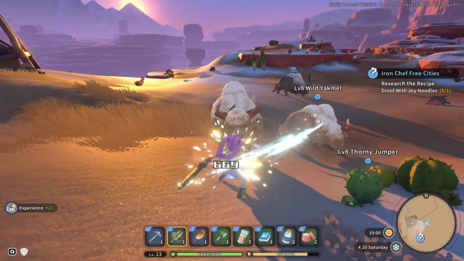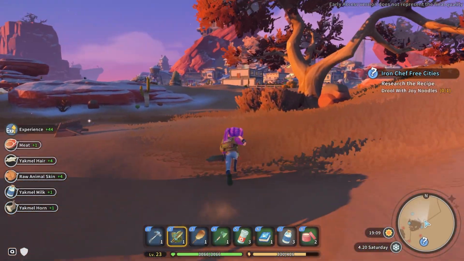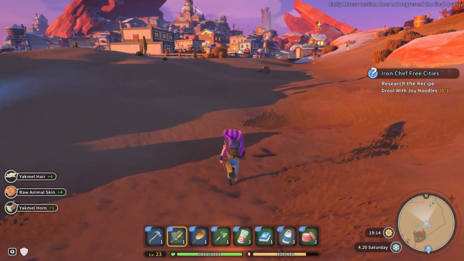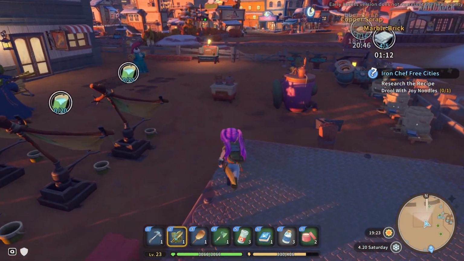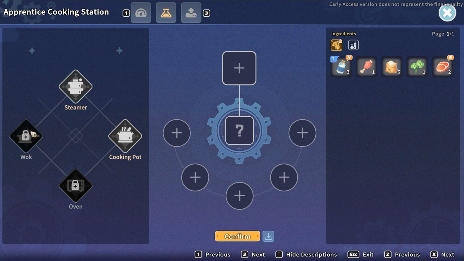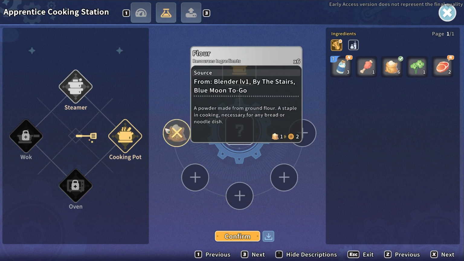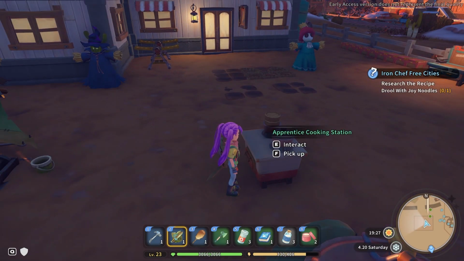Why is there no meat coming off of these bones? Are they just really... Okay, I got a couple of meats. I don't know what it said I need to make the noodles out of flour. Okay, so I've only got the cooking pot at the moment. If I add flour in... Does it give me much else in the way of...